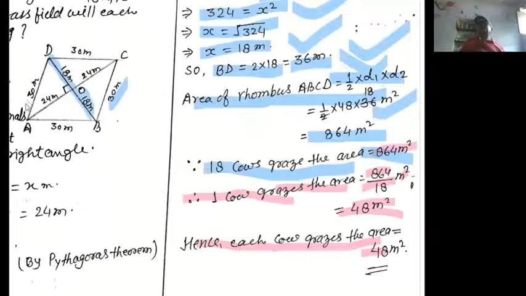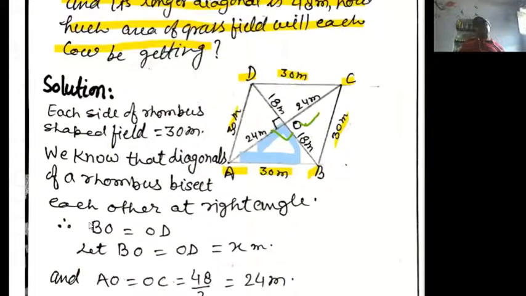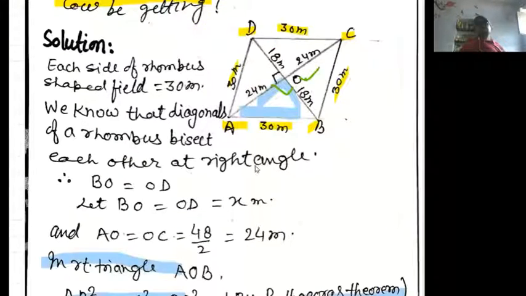Draw the other diagonal BD and you can see the diagonal of rhombus bisect each other at right angle. ये diagonal bisect कर दो equal parts में divide करता है, तो AO equal to OC and OB equal to OD. Now we let OB equal to X. Then in right triangle AOB, right angle AOB लिया हमने और उसका क्या यूज किया? पाइथागोरस थ्योरम.